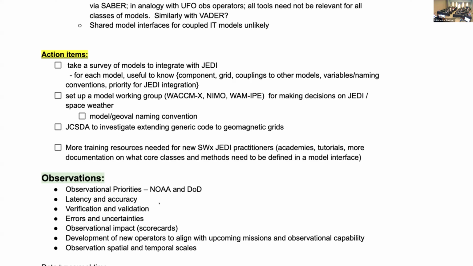We'll set up a model working group. I think right now, just the three that are based upon the models. We'll just go with the WACMX, NEMO, and WAM IPE, and we'll have representatives from those groups, so that we can make the decisions.